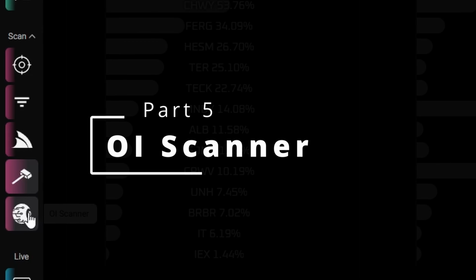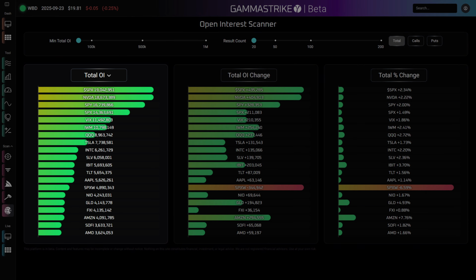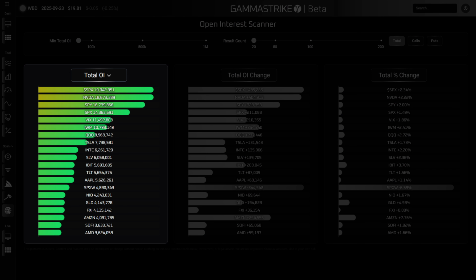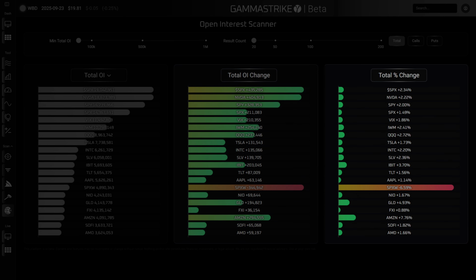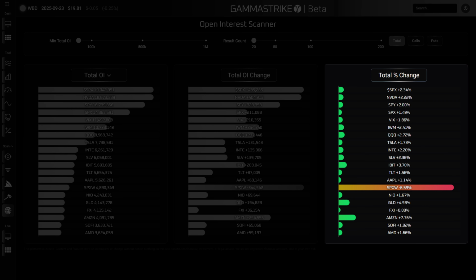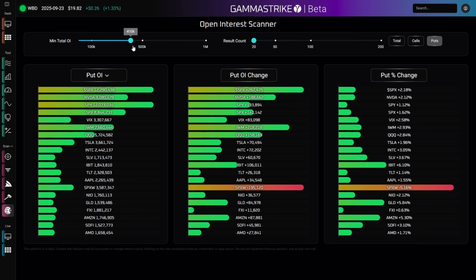Moving to the OI scanner, this indicator shows stock tickers by the number of open contracts on the chain, the total OI change from the previous trading day, and the total OI change as a percentage of the OI from the trading day before. On the main control panel, you can choose to filter tickers by minimum total OI, increase